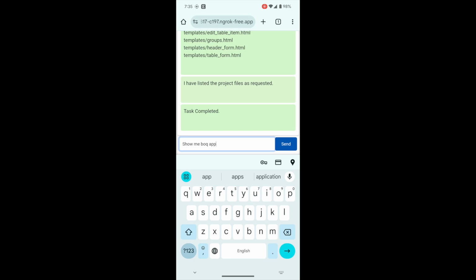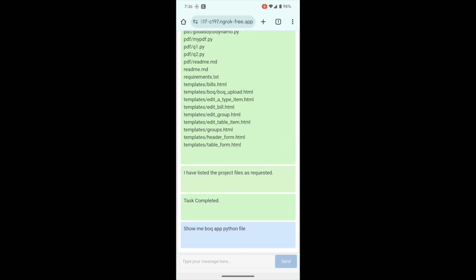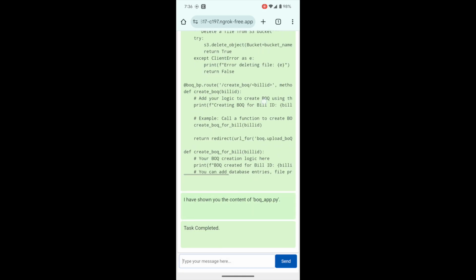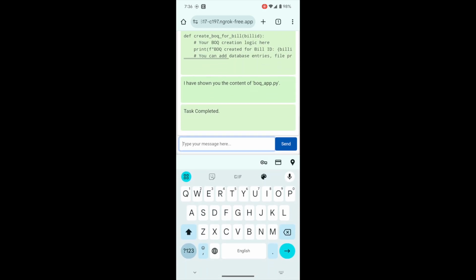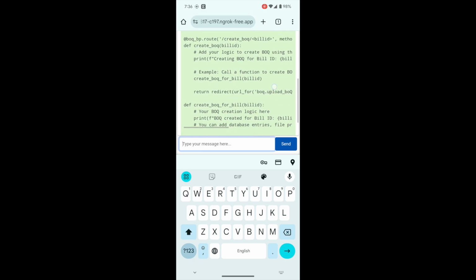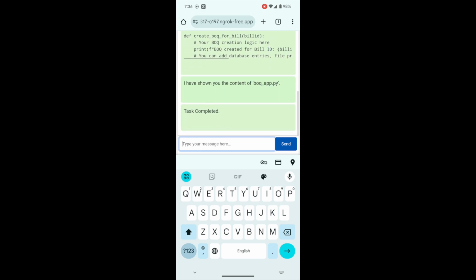Yeah, so let's look into some file. The same thing we are trying to do here, which we have done from the computer. So using the mobile around the cafe or waiting in the hospital line or somewhere else, we can work in our project. That's a great use case for this type of agentic project like LADE, Lex Agent in Development. We can work with any device.